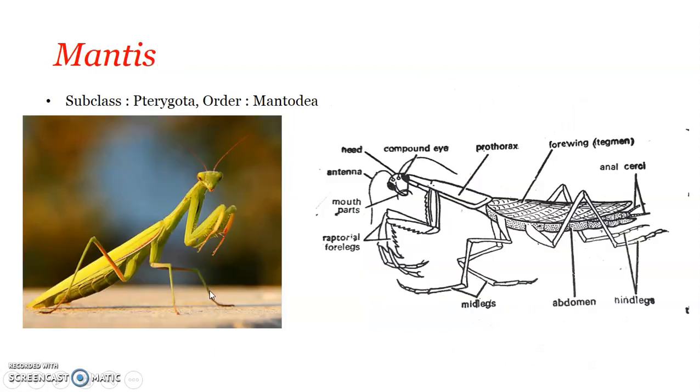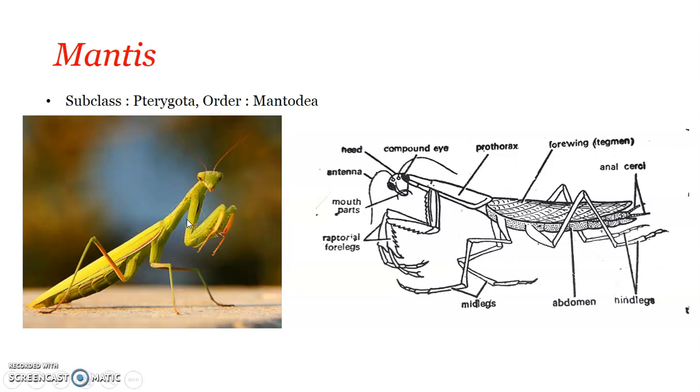Next one we have is the mantis, and this also you are familiar with. It is the praying mantis. It comes under Pterygota because they do have wings in their adults, and comes under the order Mantodea. The praying mantis, you can see here, has a very peculiar